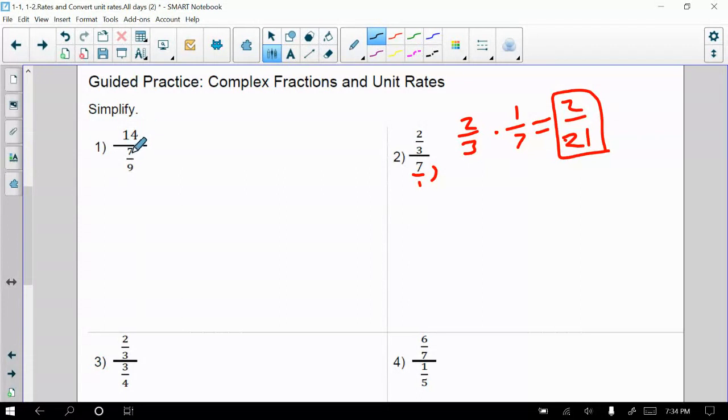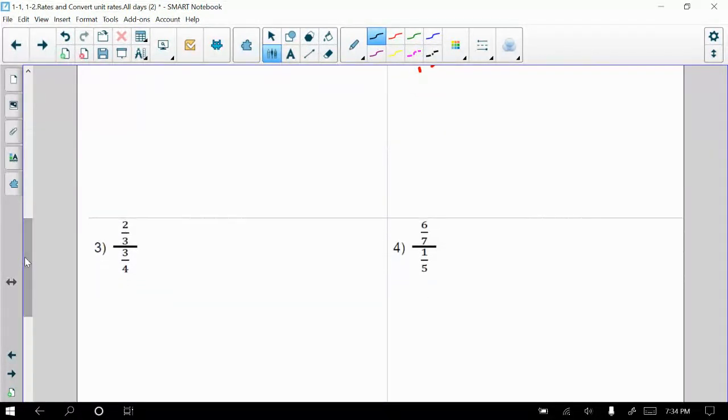Okay, 14/1 divided by 7/9 is your next one. Think of this as your division bar. It is 6/7 divided by 1/5, which really is 6/7 times 5/1. Notice it is always the second and the bottom one that gets flipped over because that's your denominator. That's what we're multiplying the reciprocal by. So we get